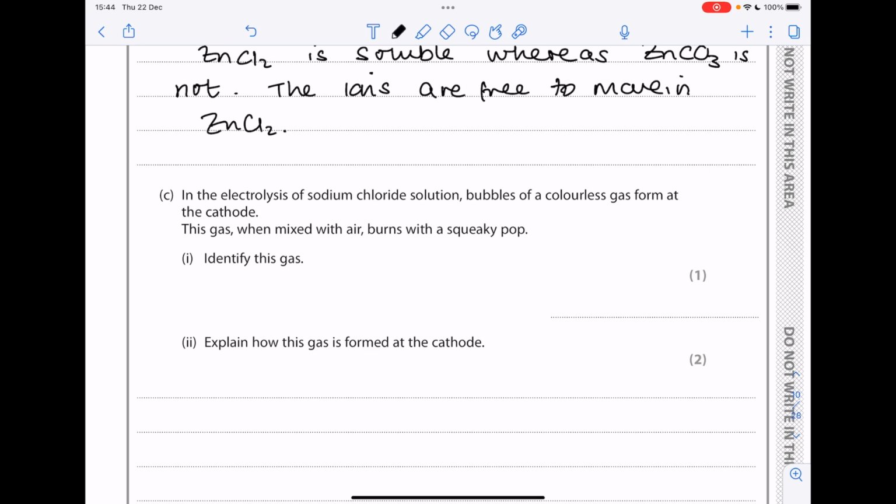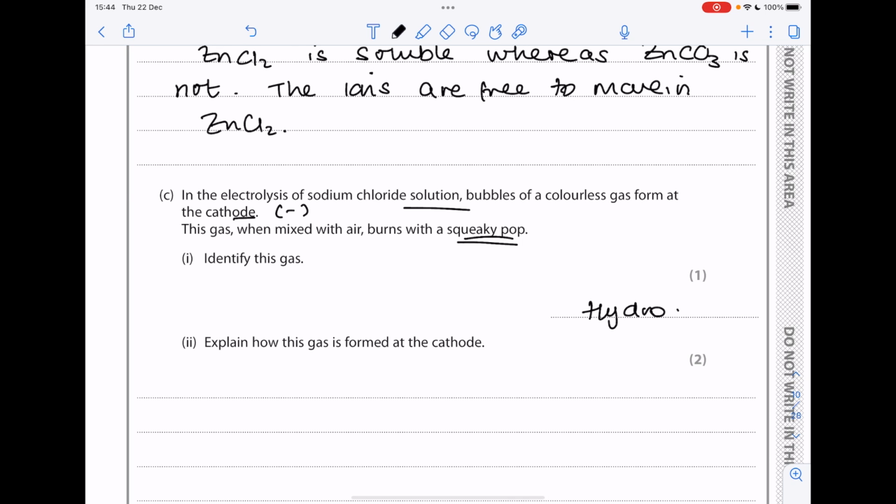In the electrolysis of sodium chloride solution, bubbles of a colourless gas form at the cathode. This is the negative electrode. This gas, when mixed with air, burns with a squeaky pop. Identify this gas. Okay, if you don't know anything about electrolysis, hopefully you're aware that it is hydrogen that burns